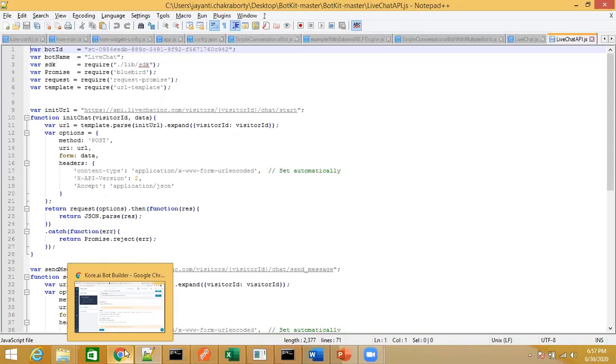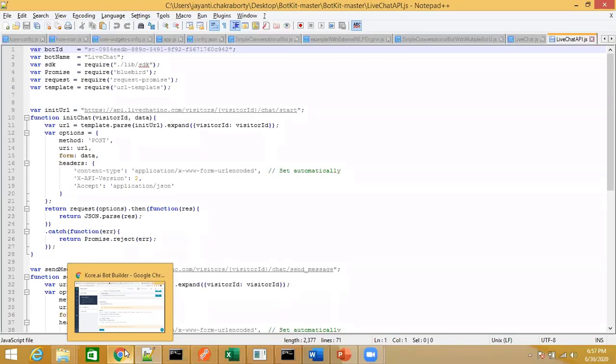But remember, for doing this integration, first of all, the entire BotKit has to be downloaded to where you want to do this integration. The integration has to be done, the specifications have to be done there, and what you want to handle, you have to provide. And at the bot end, you have to enable the BotKit. Once that is done, whatever conversation takes place between the bot and the end user goes through the BotKit layer. So it is one additional layer from where you can have enhanced control over the functionalities of your bot.